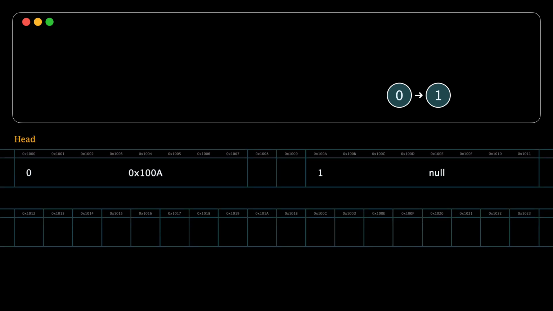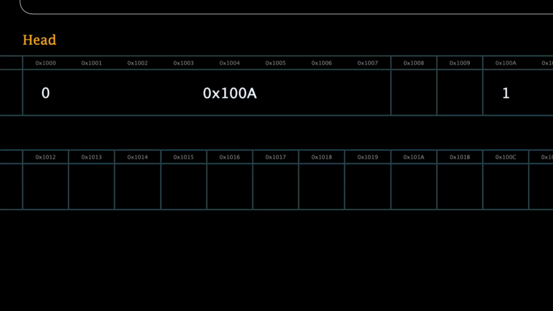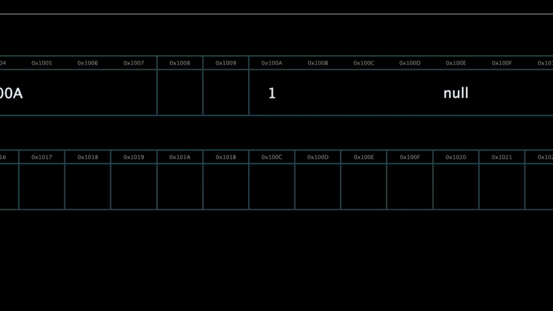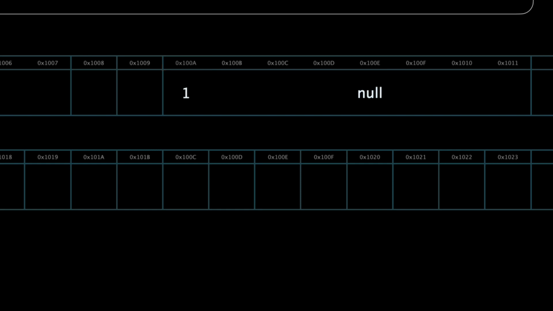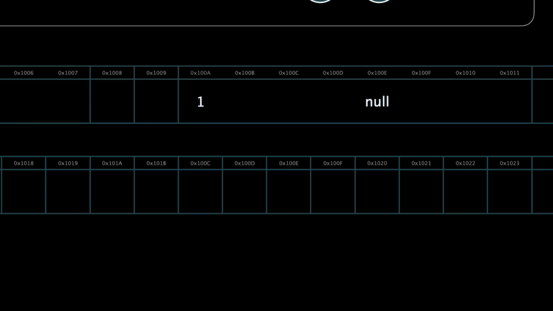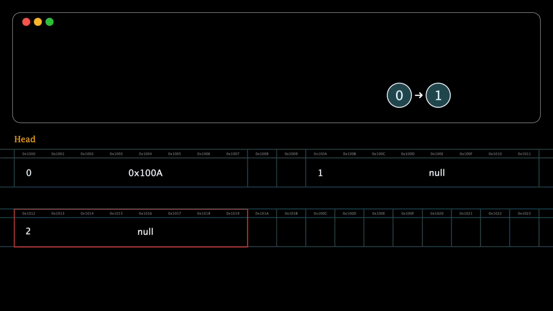The first node of a linked list is called the head. It's going to be the entry point because it's the only reference that the programmer can access. And so to add a new node, we start from the head, from the first node, which contains a reference to another node. So we follow the reference. And because the second node contains a null reference, we know that it's the last node. So at that point, we can store the new node in memory and reference it from the previous node.